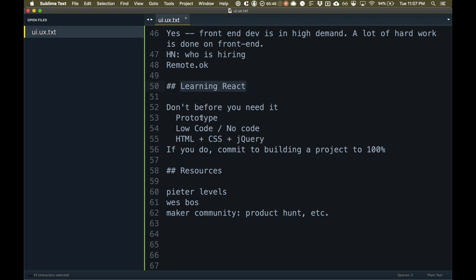And yeah, so just before you use something like Vue.js or React, I would suggest prototyping, build stuff in Figma, build stuff in low-code tools, build stuff in no-code tools, try to provide actual value to people, build stuff in vanilla JavaScript and HTML and CSS, prototype some things, get something out there that people enjoy using, right? Then once you've established that you understand that, you're going to be on the path to becoming a UI UX designer, because that should always be your primary responsibility. It's always to the user.